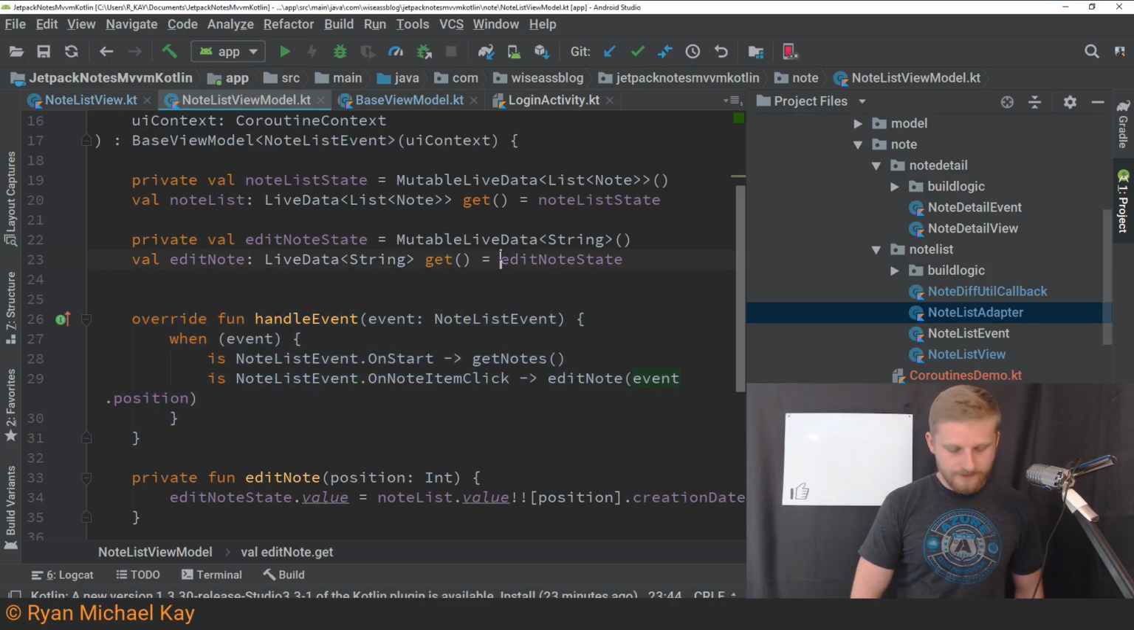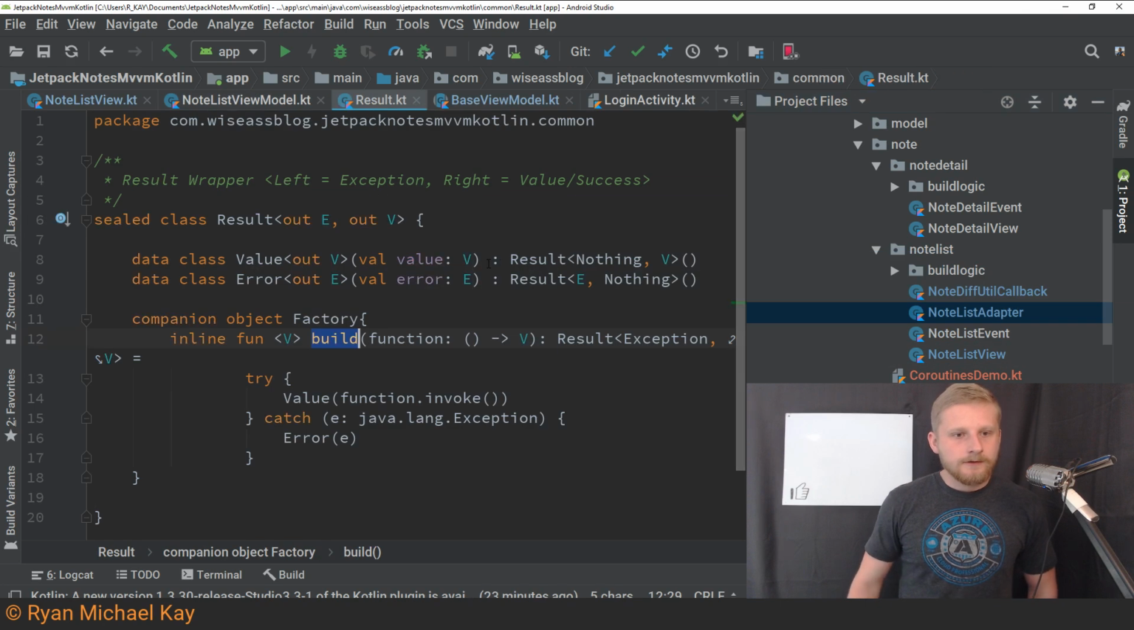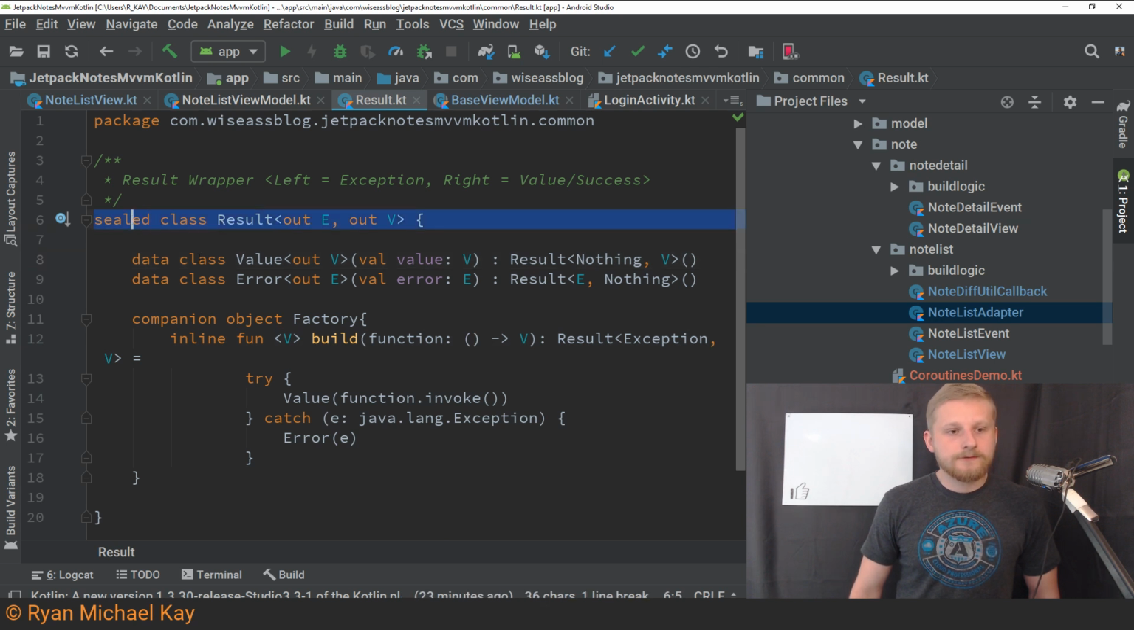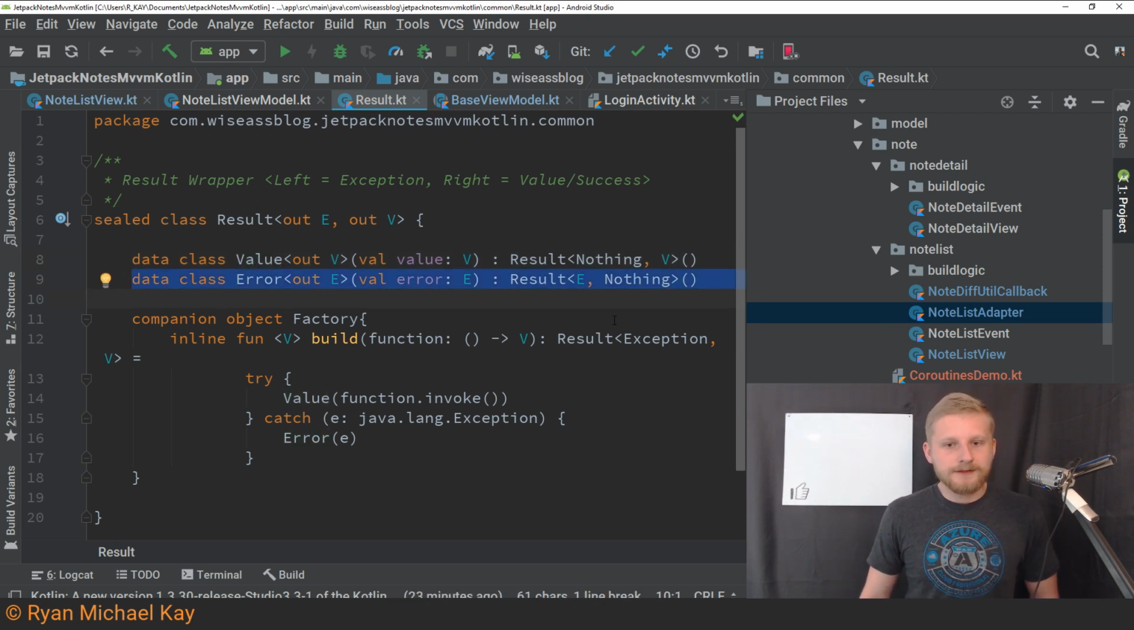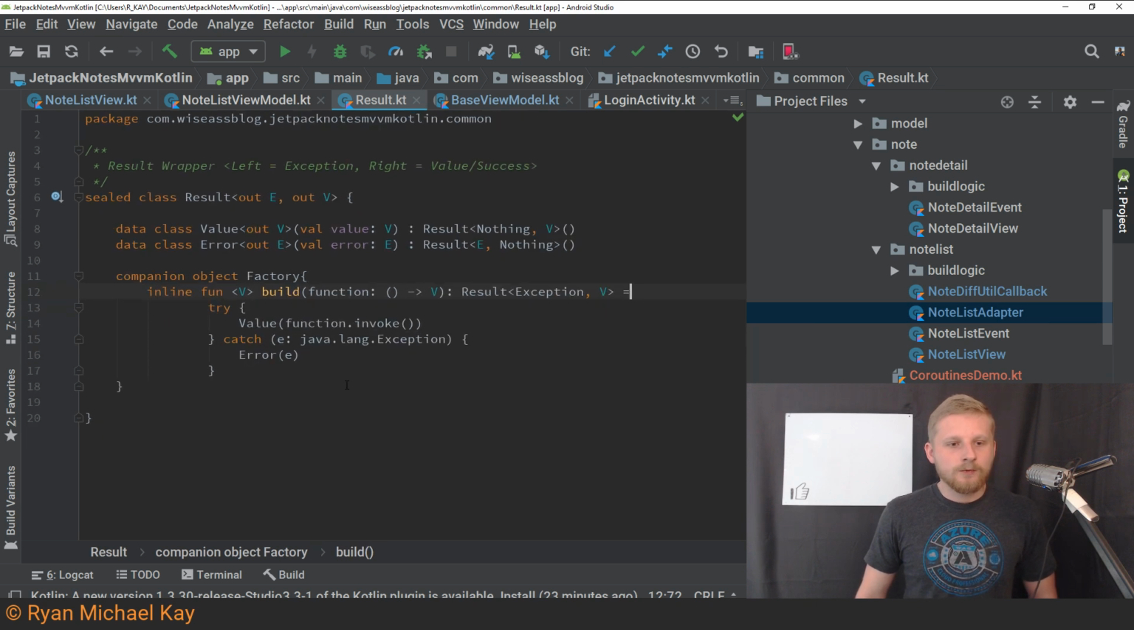So let's see what a result wrapper looks like. A result wrapper, again, is basically a sealed class, and it has a value, which means success. I should probably just change it to success, but whatever. And then we have an error value, which it might potentially contain. And so anytime I call some function on the back end, what I'll do is I'll use this convenient build function,